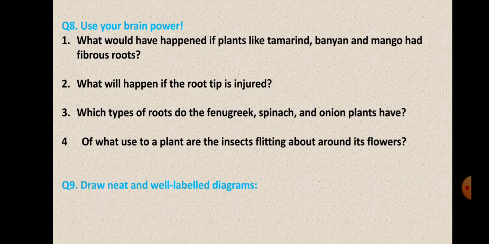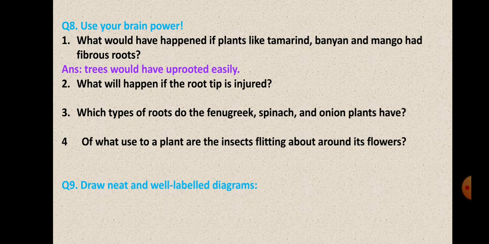Eighth question is, use your brain power. Now actually you have to write these answers on your own, but still, first one, what would have happened if plants like tamarind, banyan and mango had fibrous roots? You had seen that tamarind, banyan and mango are huge trees, right? They have very wide branches covering the area. So these plants are so strong. If they had fibrous roots,